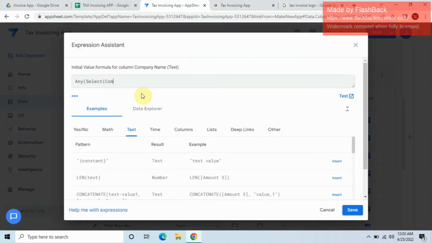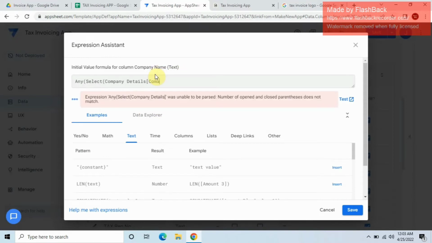So you have to select which table is a company, company details. Okay, so you have to select which column. So the column of company details is the company name. Okay, company name, then comma, and then this row dot company name, this row that,